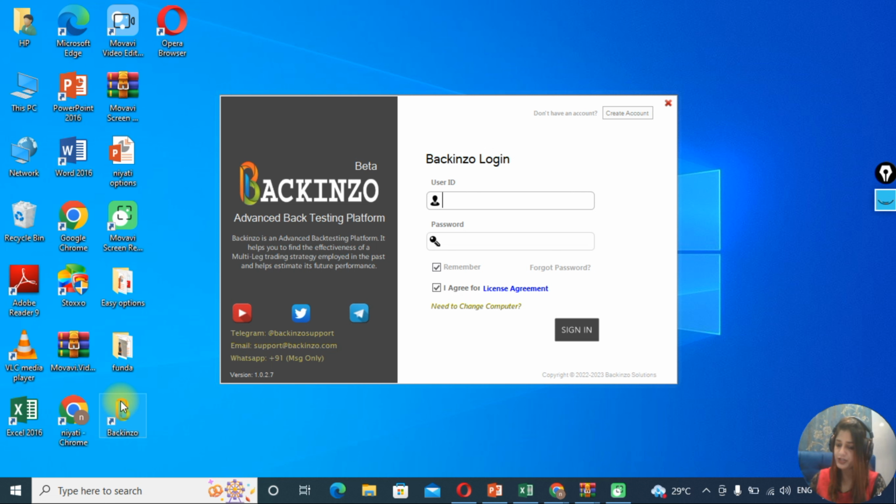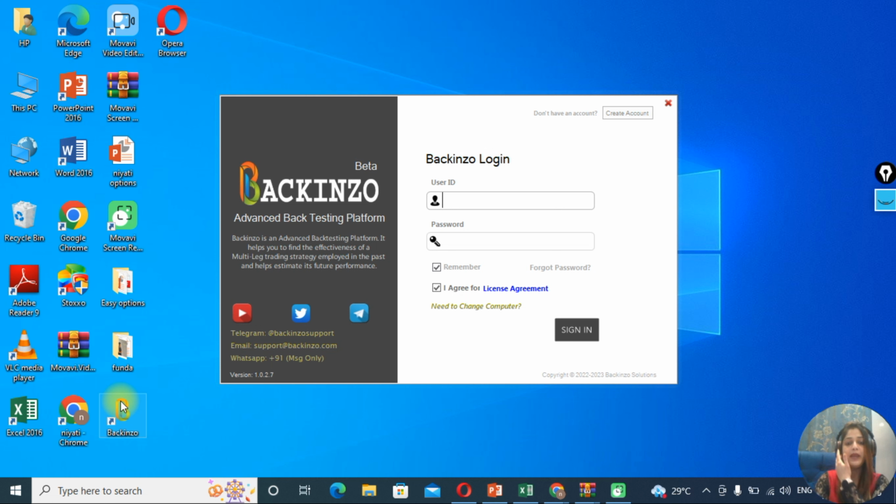So a lack of precision and accurate analytics was absent in the market, and that's why Backinzo, which stands for backtesting in your zone, is created, right? This is a new BASE, right? So B for backtest, A for analyze, S for simulate, and E for execute. So a complete ecosystem for professional traders is what comes from this platform called Backinzo, right?